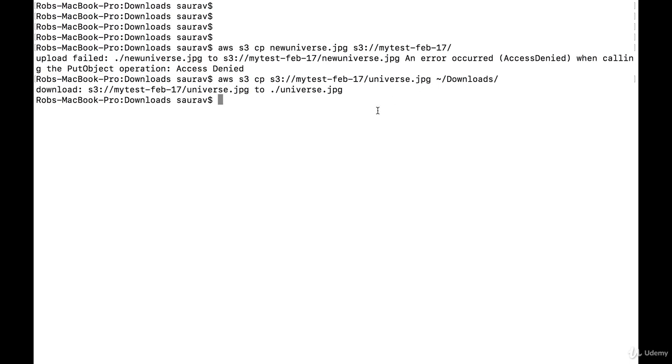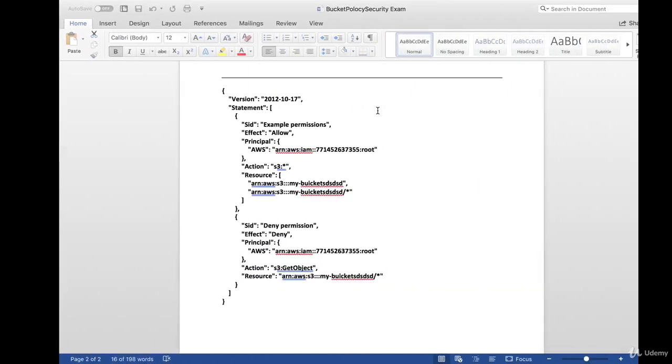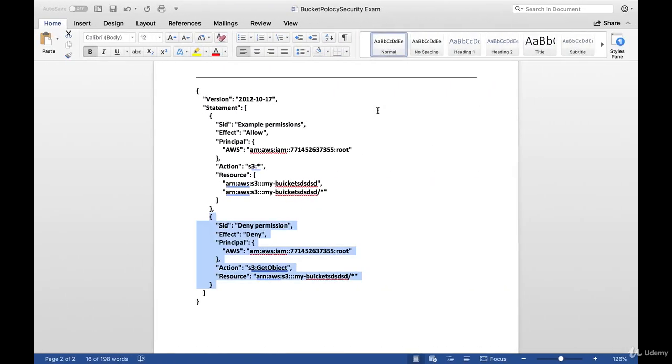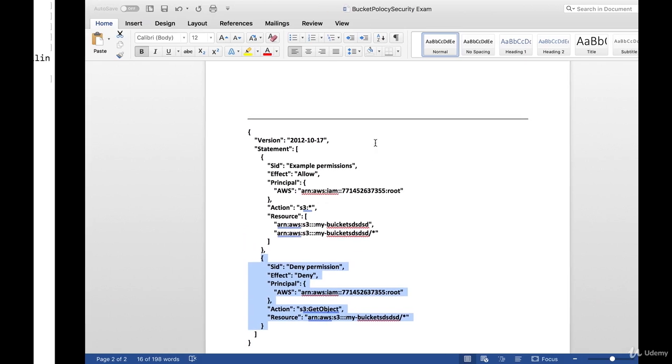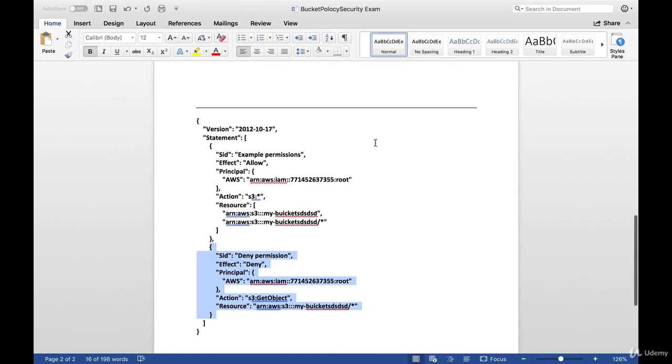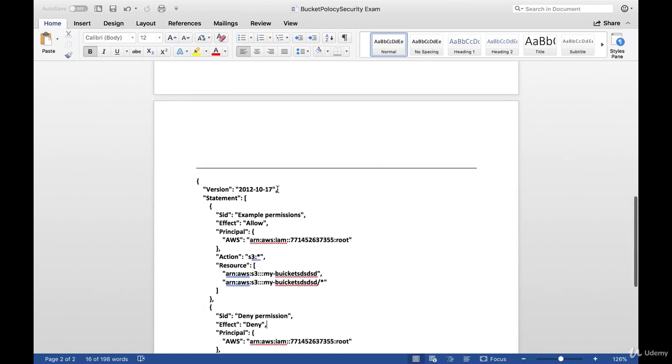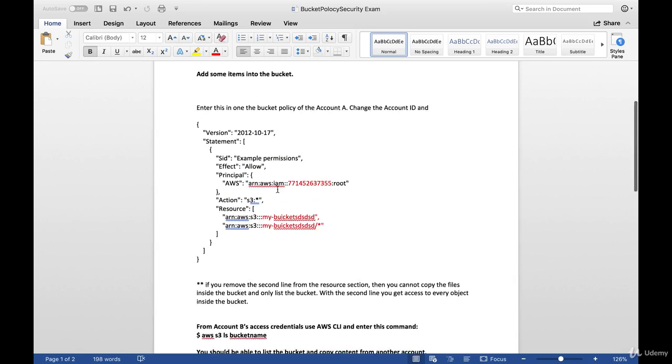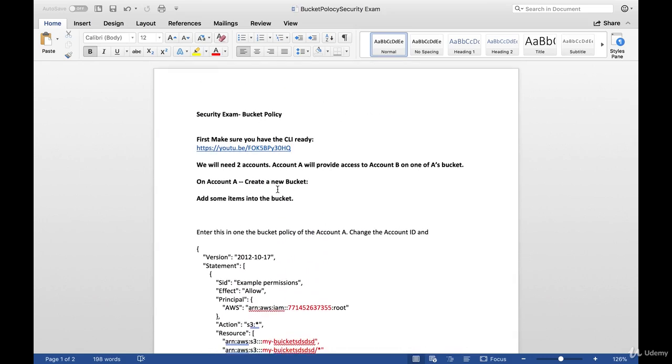So this is how you use bucket policy to grant cross-account access and have a fine-grained access control. I hope you understood what we did, and I'm going to include this document in the description below. I'm going to probably link this as a blog post, so please click on the link